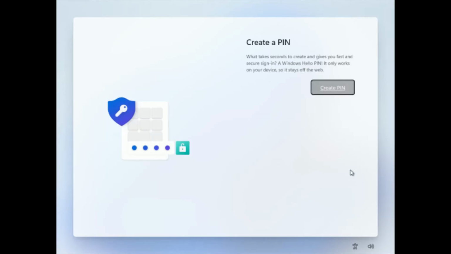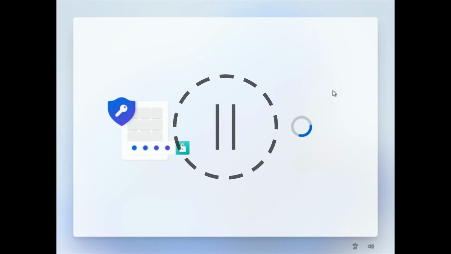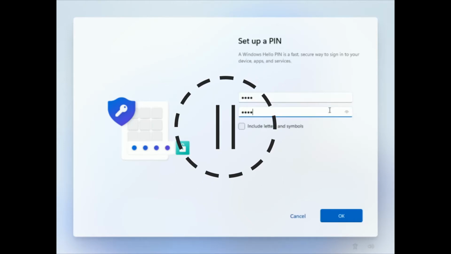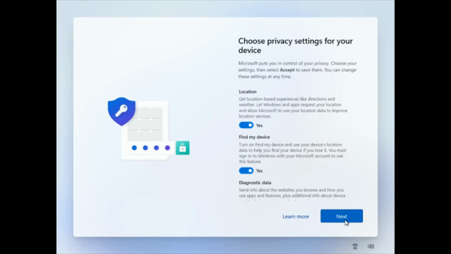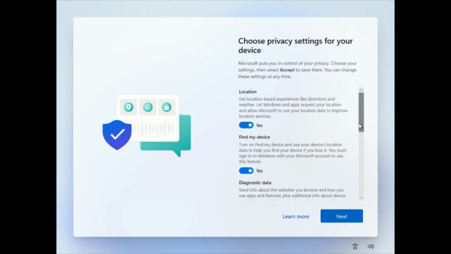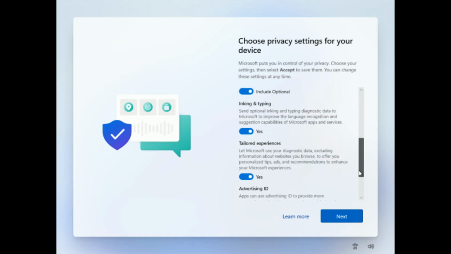Here's where you're going to create your PIN. If you want a password with symbols, numbers, letters, everything, you can click that checkbox, include letters and symbols. But we just went with a 4-digit PIN. Go through your privacy settings and agree. There we go.